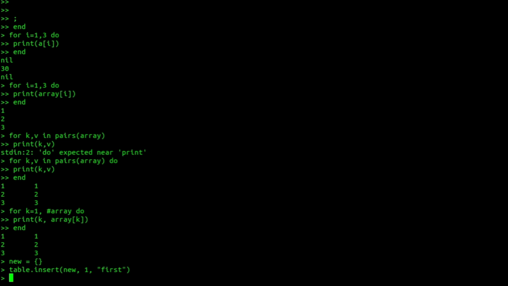If you don't give any second parameter, which is the position where you want to insert, it will simply insert at the end, like so.